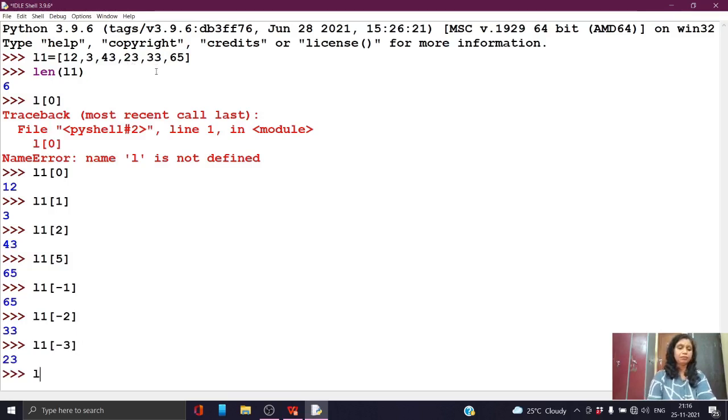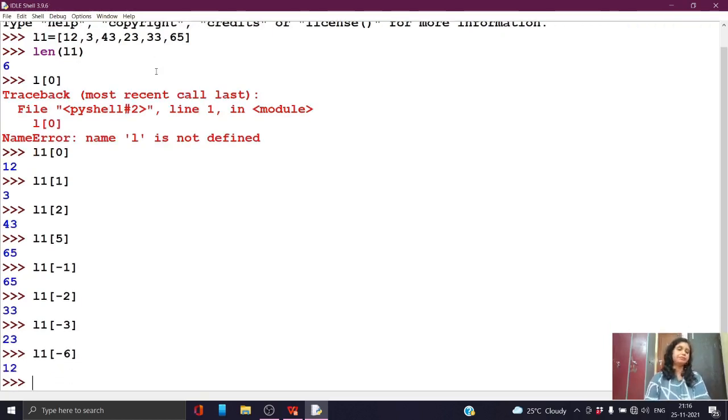Similarly L1 of -6, as the length is 6, then you will get the very first element. Right students? So in this way you can access the elements from a list variable by using either the backward indexing concept or the forward indexing concept.